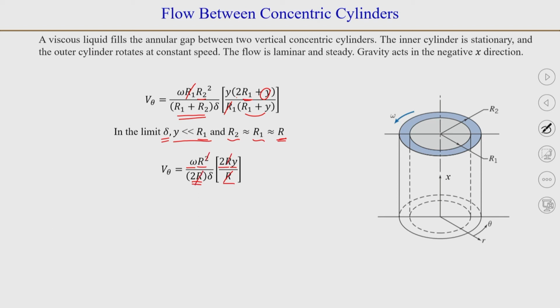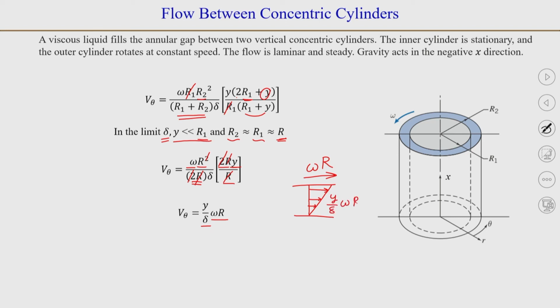So, what you will be left with, 2 will cancel out, and what you will be left with is y over delta into omega r. So, y over delta, if you look at this, is the flow between two parallel plates, with the upper plate moving with a velocity omega r. So, the linear velocity profile, you will have y over delta